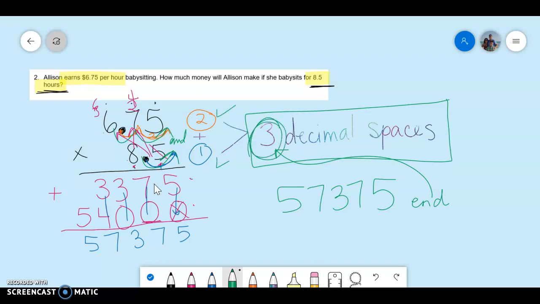So the decimal always starts here at the end, and I'm going to roll it in 1, 2, 3. Okay, that's 3 spaces, and the decimal is now here. I erase it from there. So my answer, let me get my pink marker, is going to be